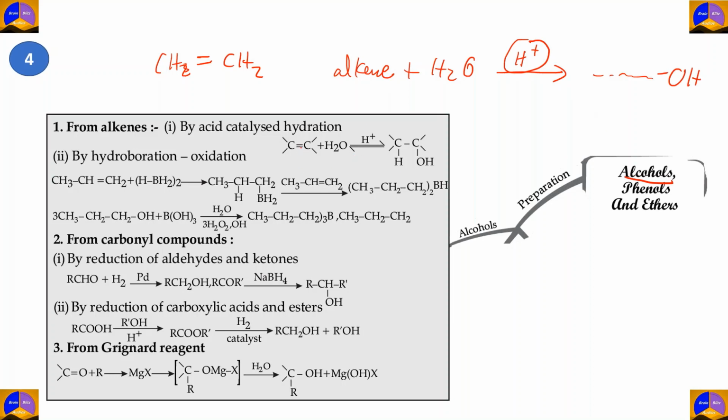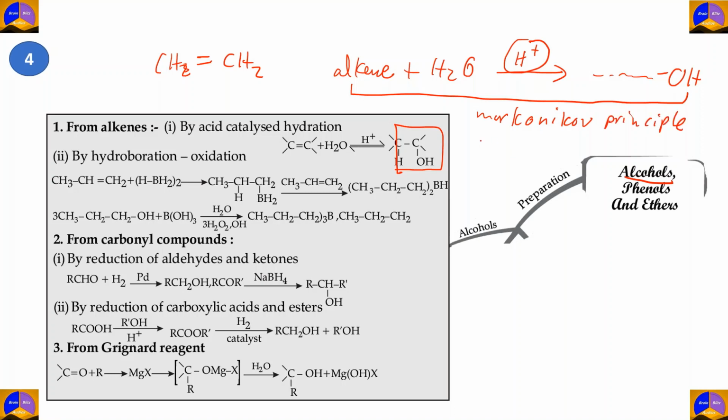Okay, so an alkene here reacts with water, and since acid is present as a catalyst, you have H+ ions in abundance, and then they form an alcohol of the same order. Now, the thing here is that suppose we have an unsymmetrical alkene, then this reaction takes place in accordance with the Markovnikov principle,